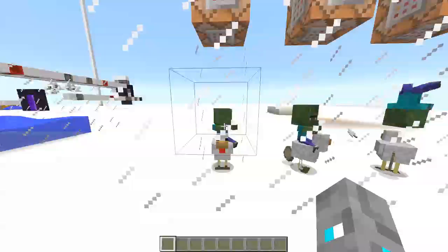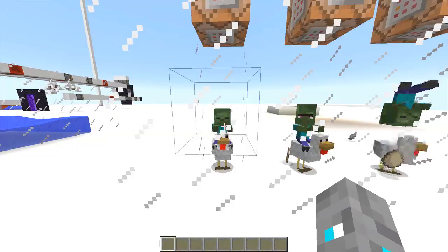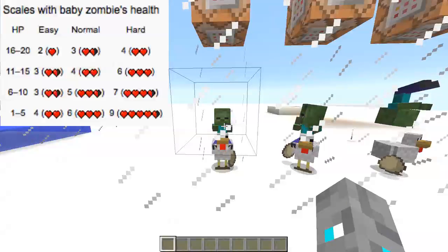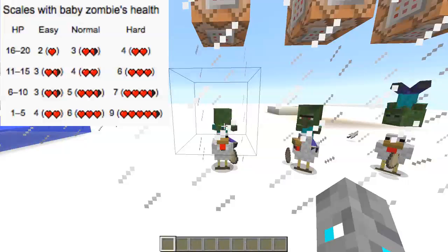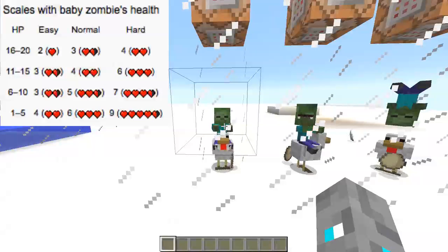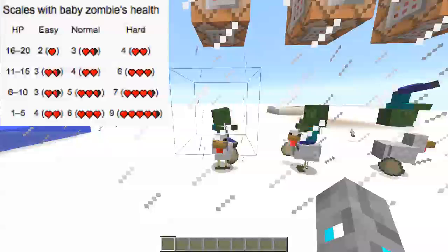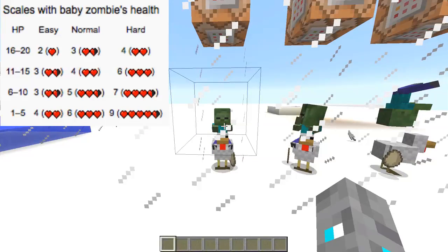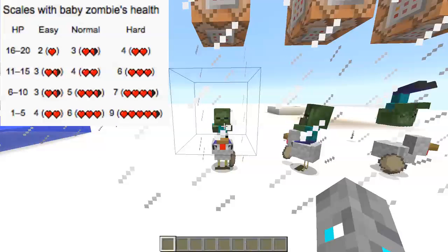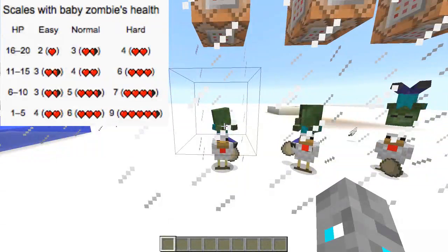Their hit points: the baby zombies have 20 hit points, or 10 hearts. The chickens have 4 hit points, or 2 hearts. And the attack strength of them scales with the amount of health the zombie has. So if the baby zombie has 16 to 20 health points, then on easy it does 2 damage or 1 heart. On normal it does 3 damage or 1.5 hearts, and on hard it does 4 damage or 2 hearts. From now on I'm just going to list the number of hearts that they do. At 11 to 15 HP they do 3.5 hearts of damage on easy, 2 hearts on normal, and 3 hearts on hard. At 6 to 10 HP they do 1.5 hearts of damage on easy, 2.5 on normal, and 3.5 on hard. And on 1 to 5 HP, so it's almost at its death, it does 2 hearts of damage